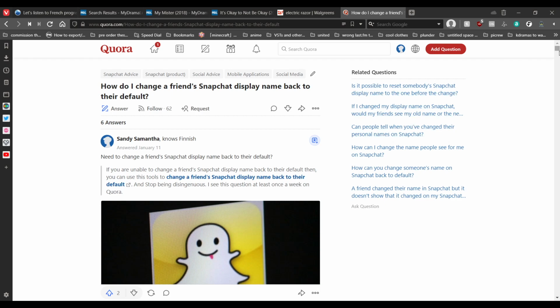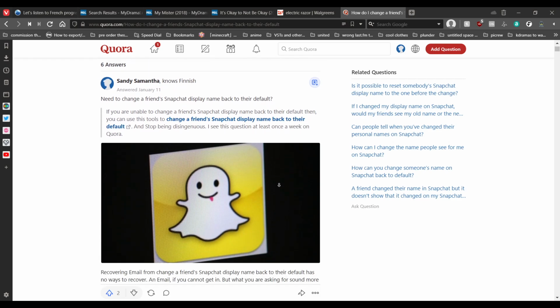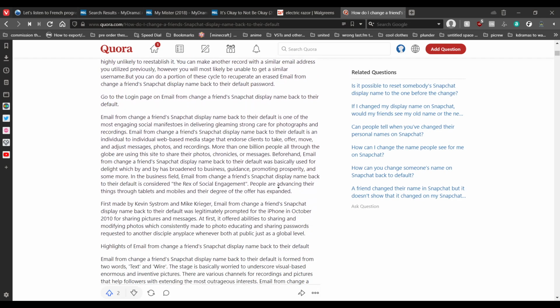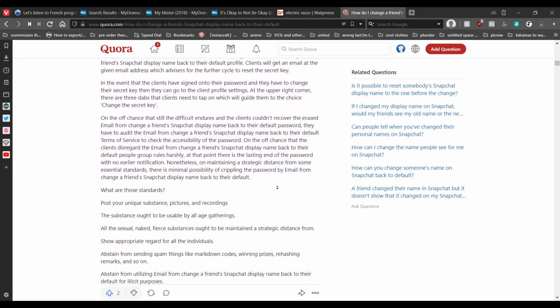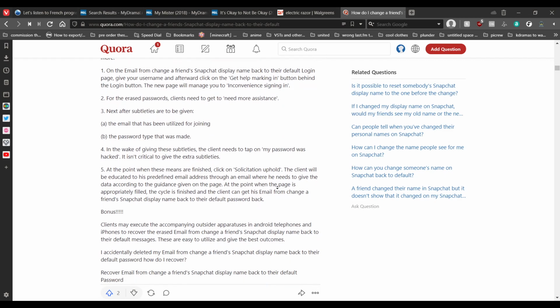Now, if you notice the scroll bar here, you might be like, why is the scroll bar so long? Were a lot of people answering this question? As you can see, this has 6 answers. So, you might be thinking, is there just a bunch of suggestions at the bottom? Like a row of suggestions, overkill with the suggestions? And so I present to you this answer